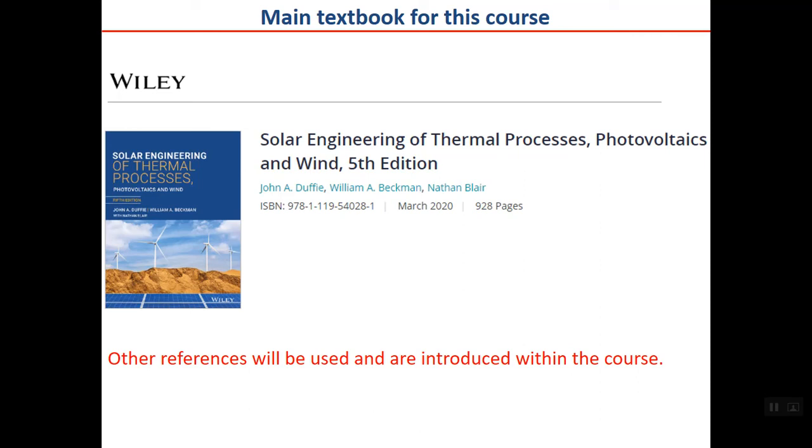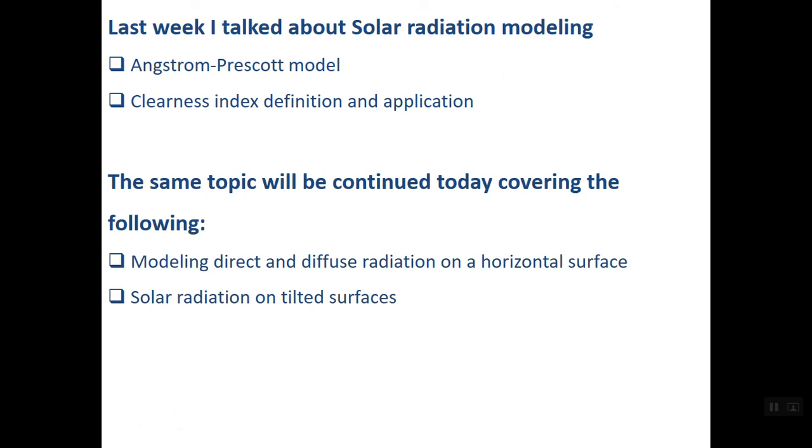Pictures and many texts are taken from this book, and whenever another reference is used, it will be mentioned at the bottom of the page. Last week I talked about solar radiation modeling, among them the Angstrom-Prescott model, and we discussed the clearness index definition and application. The same topic will be continued today, covering the following items: modeling direct and diffuse radiation on a horizontal surface, and solar radiation on a tilted surface, which is a very important topic and actually our last target